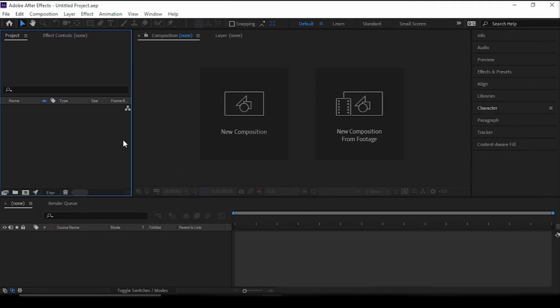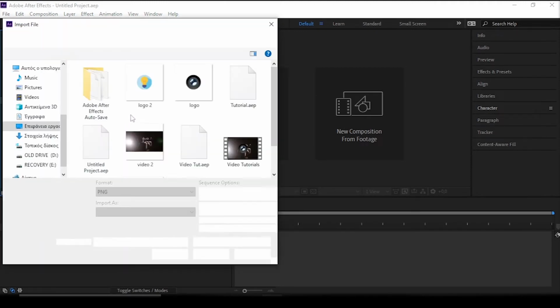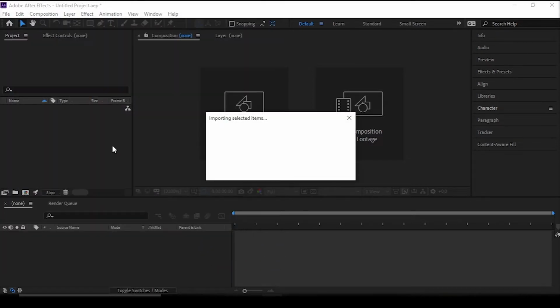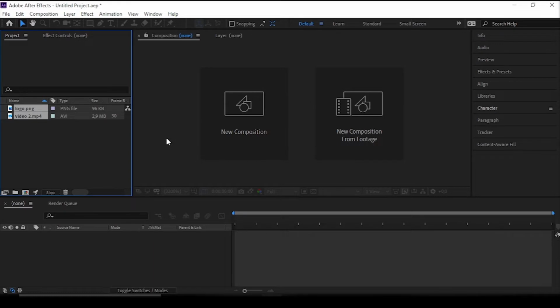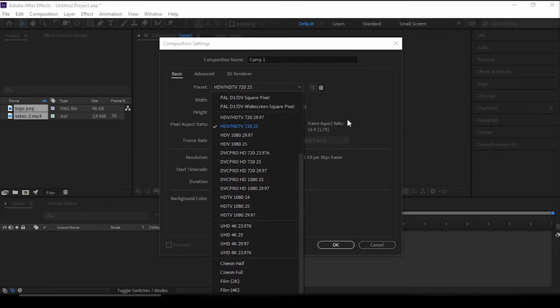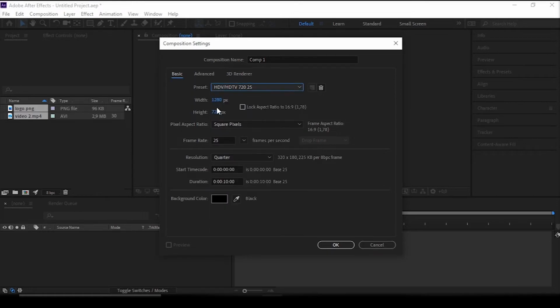So, this is the interface of After Effects, and first things first, we'll import our files. Let me choose these two. Okay, great. Next step is creating a new composition, which can be done in several ways. One way is by clicking here. After Effects has various presets, but for now I'm choosing this one. You can just customize yours. A frame rate of 24 or 25 FPS should be good for now, and I'll set the duration to 5 seconds and leave black as a background color.